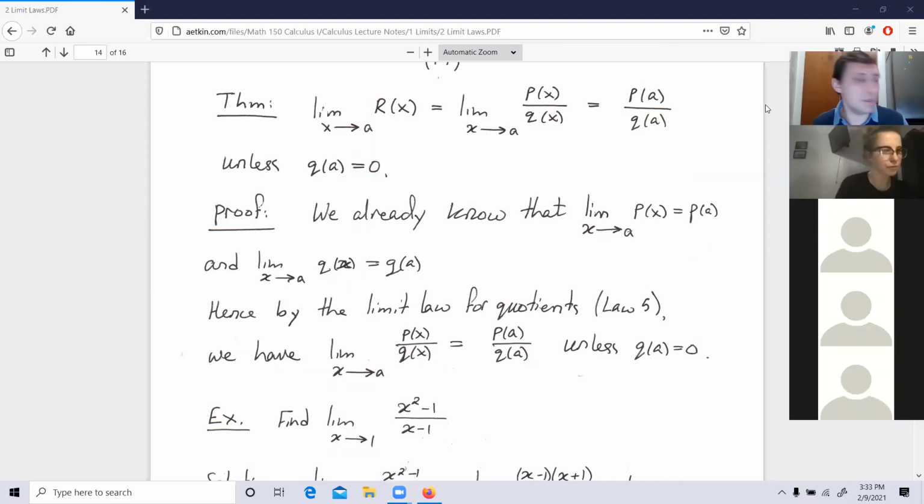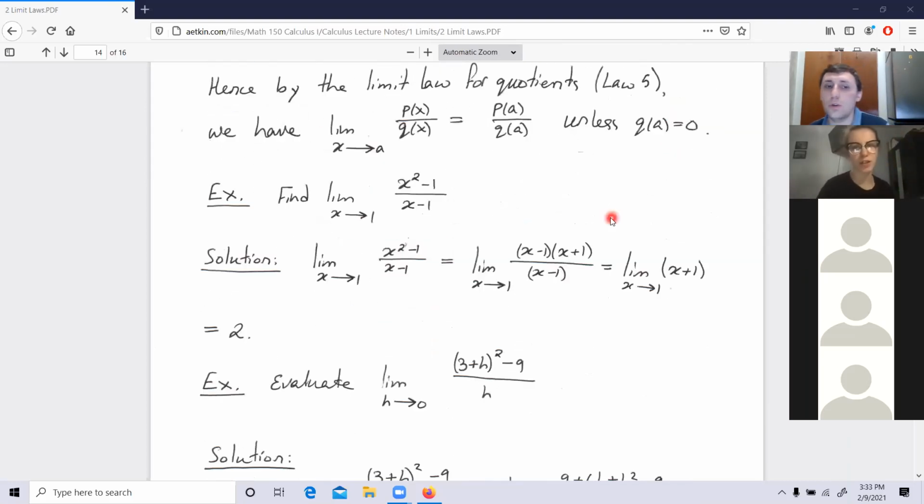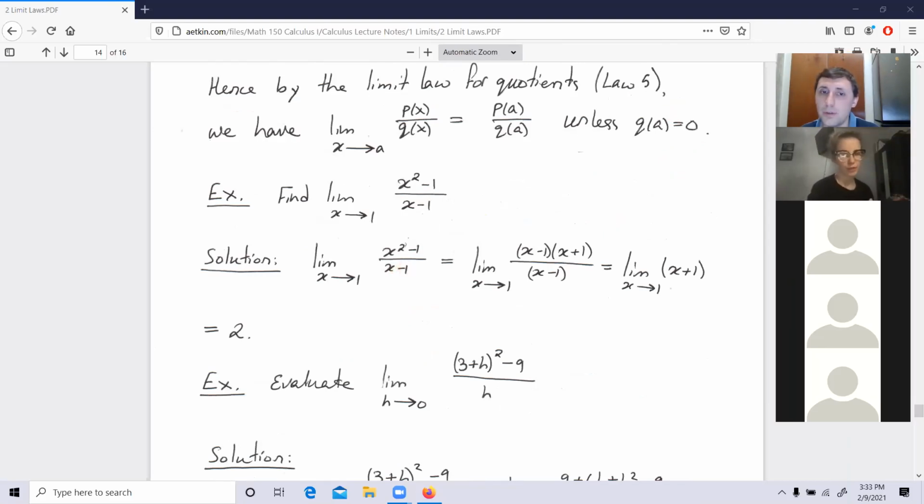All right, so let's quickly solve this one problem. So very simply, what can you do? Look at it. You cannot plug in 1 because then you divide by 0. So you factor it. You write the numerator as (x minus 1)(x plus 1). And because the limit is going to 1,